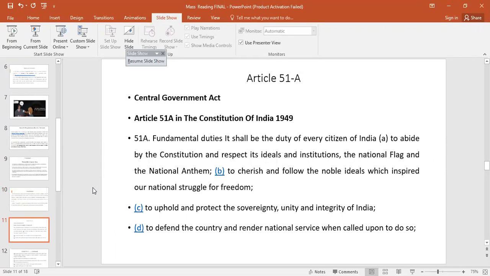Article 51 has got many provisions. Article 51A in the Constitution of India. 51A, fundamental duties: it shall be the duty of every citizen of India to abide by the Constitution and respect its ideals and institutions, the national flag and national anthem, to cherish and follow the noble ideals which inspired our national struggle for freedom, to uphold and protect the sovereignty, unity, and integrity of India, to defend the country and render national service when called upon to do so,